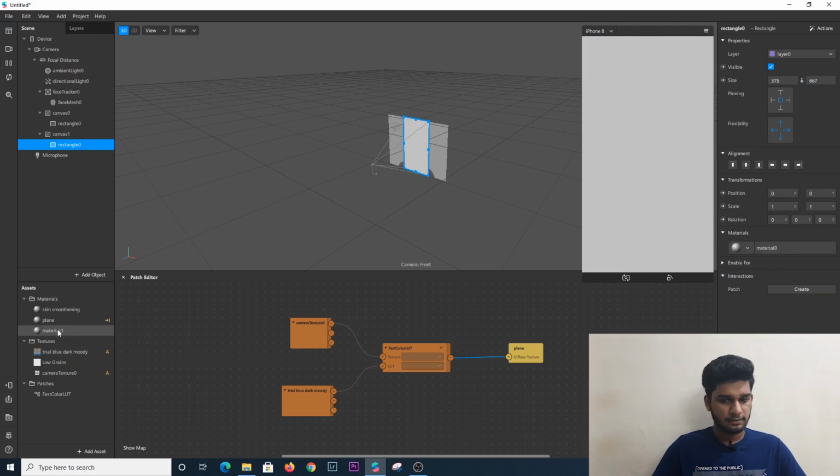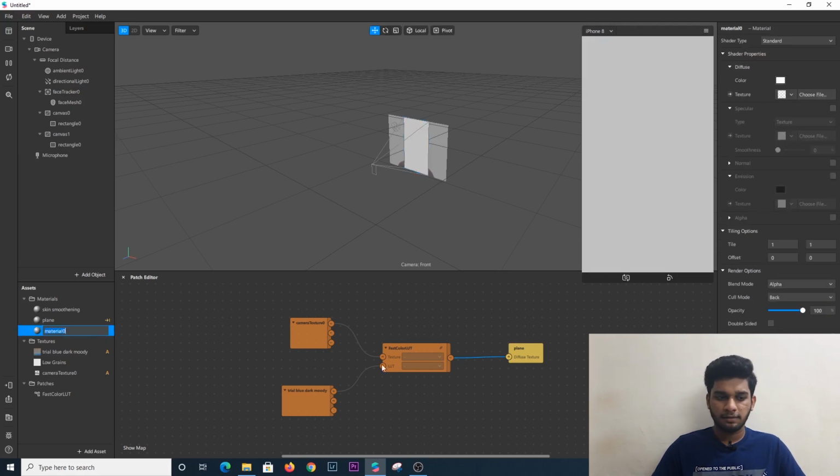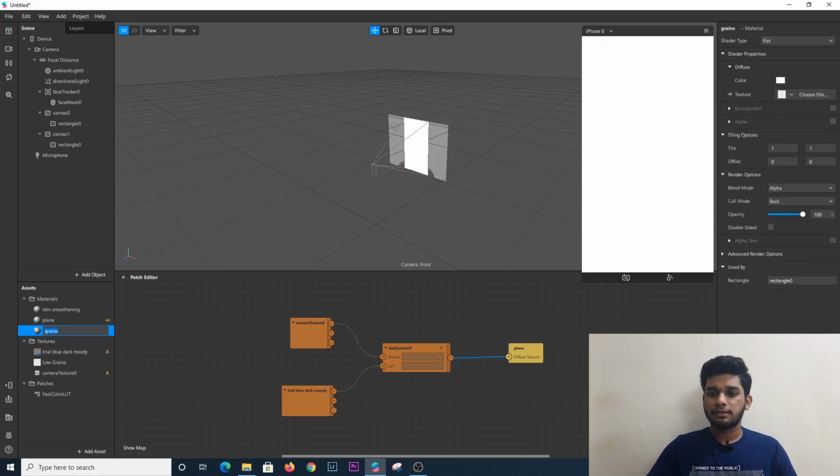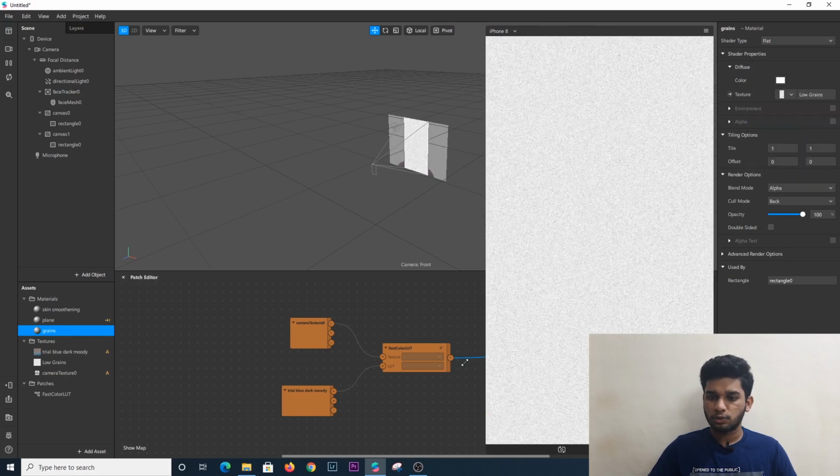Click on materials, create a new material and rename it to noise, or you can rename it to grains. Select flat and you can select a file here. In the drop down box you need to click on low grains, which is our file.